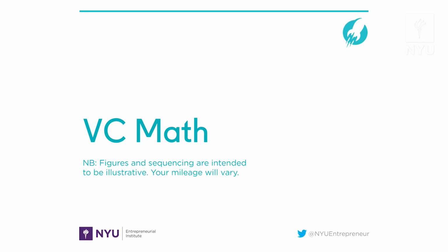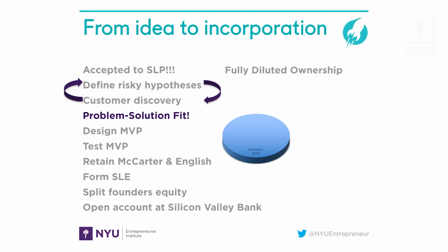venture capital means to you and your business. Okay, because I mentioned at the beginning that if you're going to raise venture capital, you need to give up something. Okay, what you're going to end up giving up in exchange for that money, which if you need it to grow your business, then you need it, is you're going to end up giving up a piece of your company. And that's not a bad thing, but it's just a reality that I want you to understand as you go into it. So we're going to imagine a